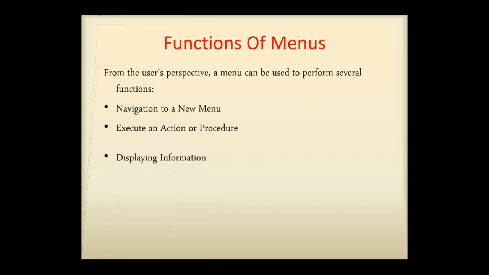So similarly, menus can also be used to display information. For example, if the user is searching for specific information in a database or browsing the web, his primary focus will be on the information he requires, right? And less on the selection functions, right? So the information retrieved may occur only after some hierarchical menu tree navigation.